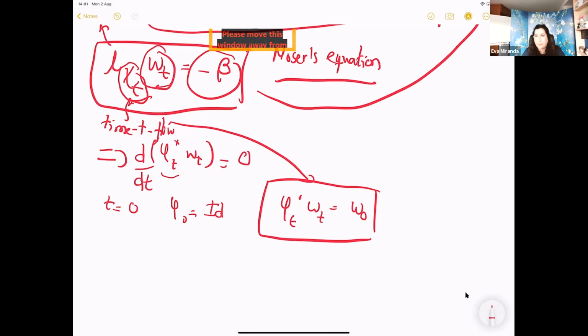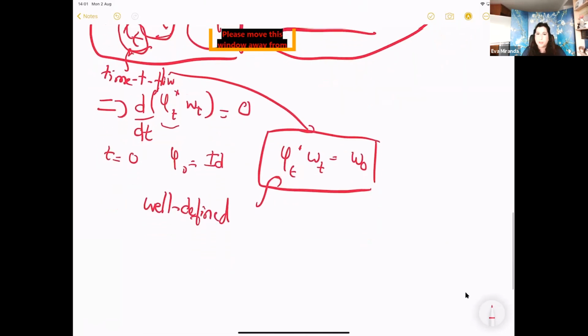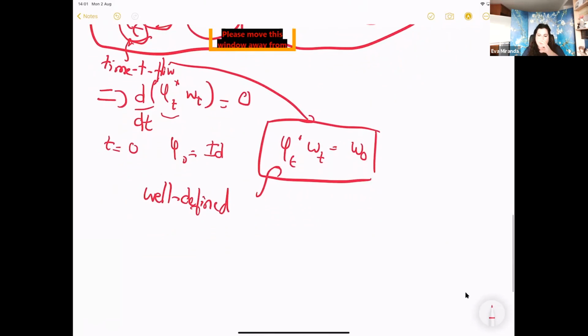There is an issue though that I'm skipping, but it's very clear. Why is this vector field integrable? The manifold is compact, and therefore things are simple. Because the manifold is compact, I can integrate on all the manifold and I have a flow. So this flow is well defined. I use this flow to deform your symplectic structure to the initial symplectic structure. This method is called Moser's path method,